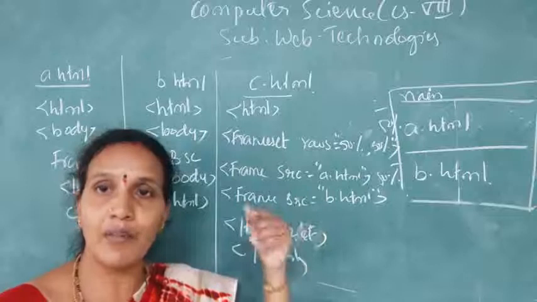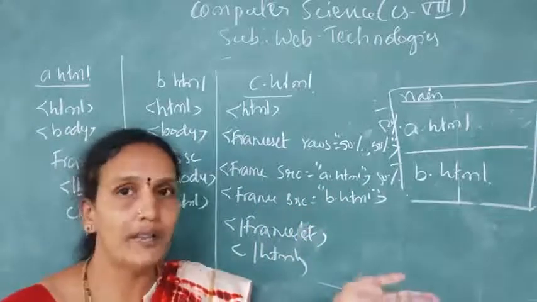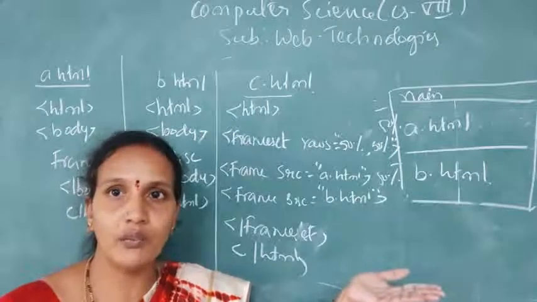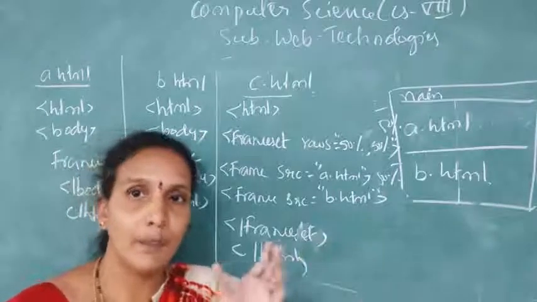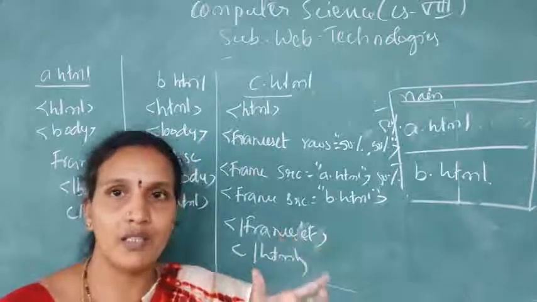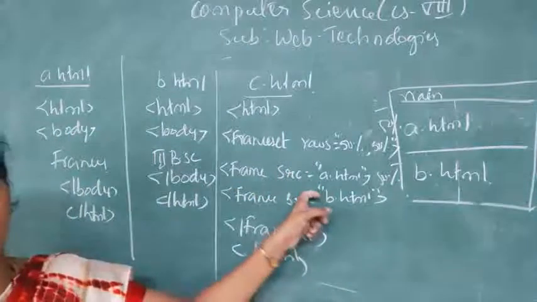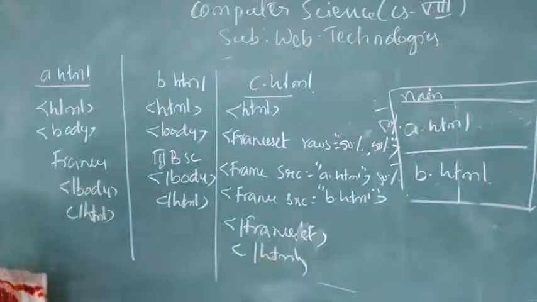These three are examples: one file in the C drive, one file in the D drive, one file in the A drive. In that case, we can't give the name directly. What you have to do is give the path, the total complete route. What is the path? You will get it in the address bar. You have to copy the complete path and paste it. Okay, now you take a screenshot of this.